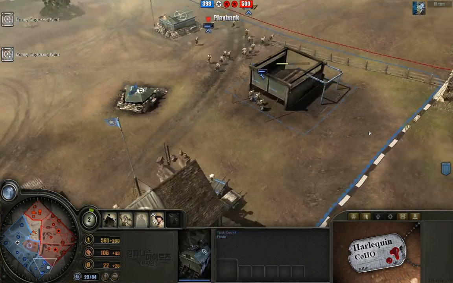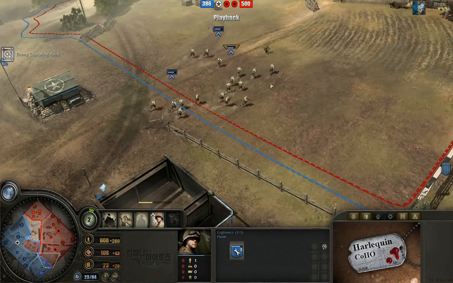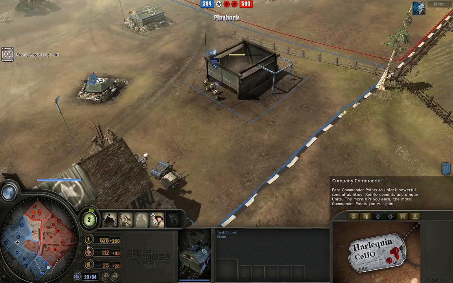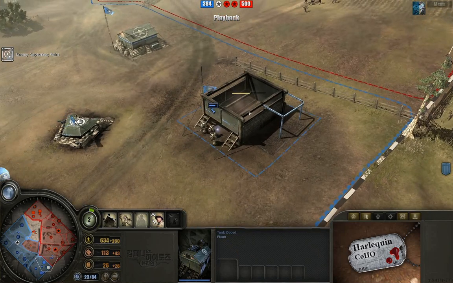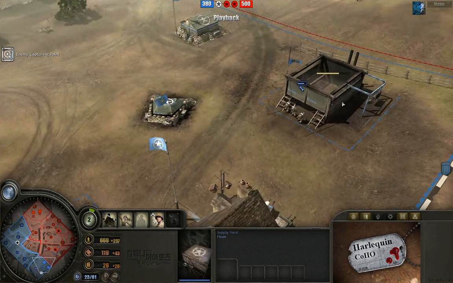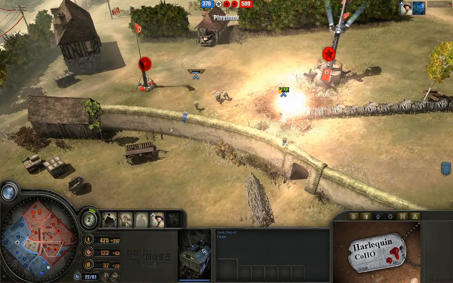And now we do see that tank depot is going down. So supply yard and tank depot going down for Ficon. A strange choice. I really don't think he has the fuel to support a tank depot at this point, and this might be sort of a newbie move on his part. You really have to think forward a couple of steps. You got to take the cost of the supply yard, the cost of the tank depot, and then the fuel required. And at 26 fuel per minute, it's going to be at least...